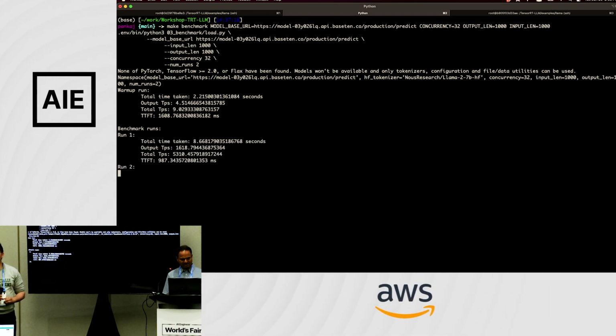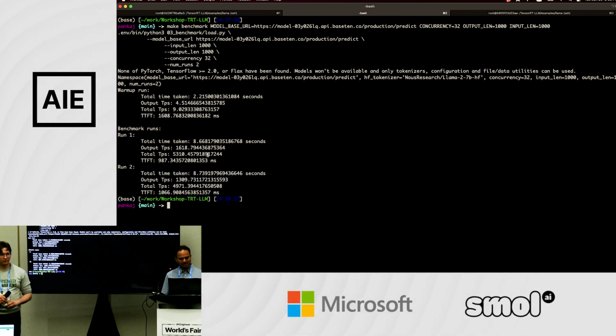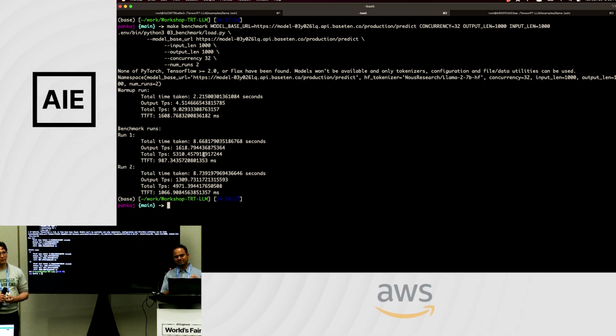Now as this is running, you can see the TPS here, the total TPS is 5,000. And this is on an H100. An H100 is not the most powerful GPU, but this TPS is still very, very high. 5,000 is very, very high. It's because this is the TinyLlama model. TinyLlama is a tiny model, just like a billion parameters. And that's why we see this very high.